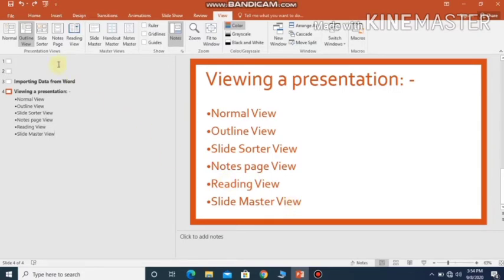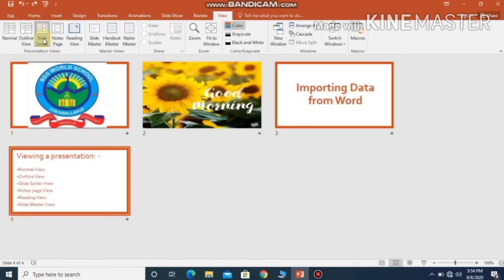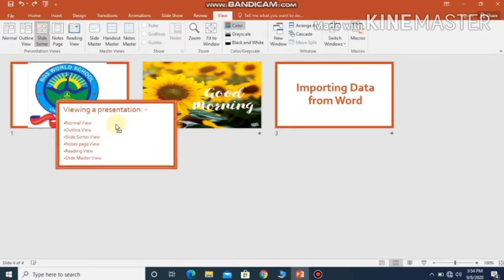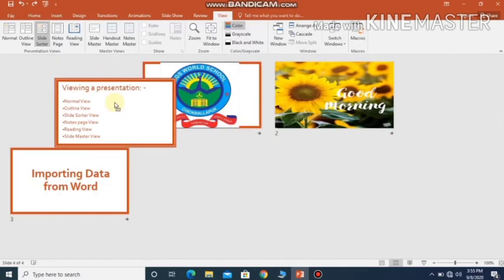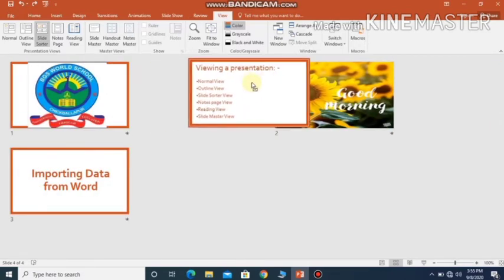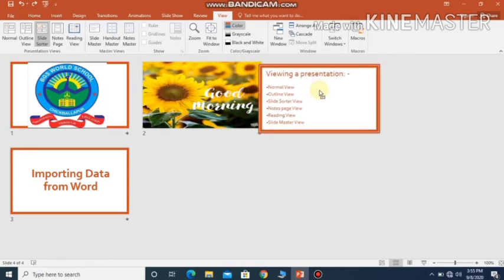Next is slide sorter view. So I'll just click on the slide sorter view button. So this is how the slide sorter view will look like. So all the slides in your presentation will be displayed in the form of thumbnails, and you can easily rearrange your slides in this view. Okay, so rearrangement of slides can be done in this view so easily. So if you want to rearrange, you just have to press and hold the slide which you want to change the order. So if you just press and hold the left mouse button, and if you just move the slides like this, you can easily rearrange wherever you want.